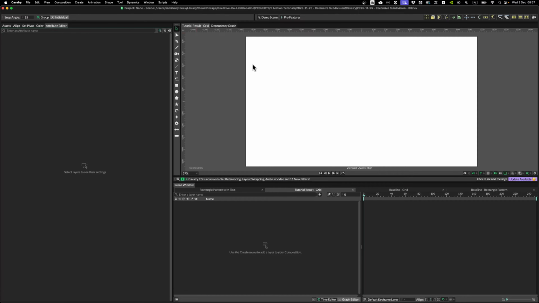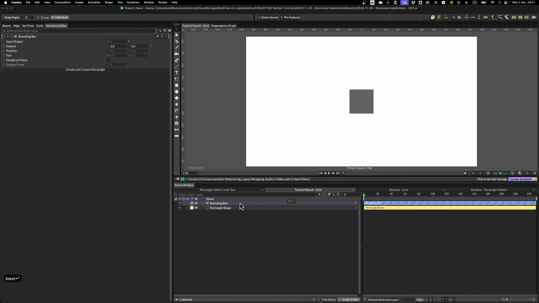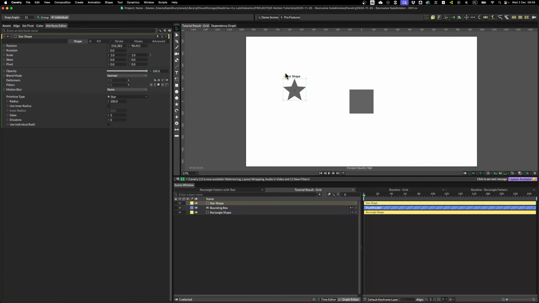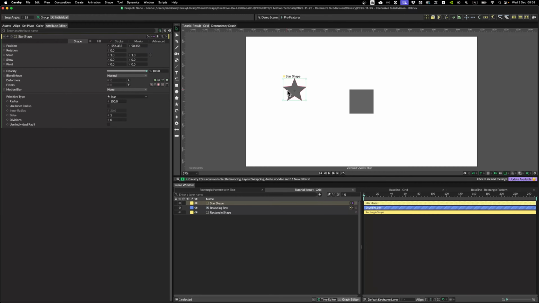So let's get started. We need to create a mesh. Any mesh will do. We'll be using the width and height of this mesh, in this case a rectangle. If you're using something like, let's say, an icon or an SVG file, you can use the bounding box to simply extract the width and height of your shape. For example, if I use a star, I can easily extract the width and height of this star shape